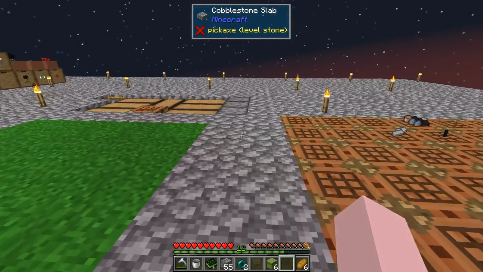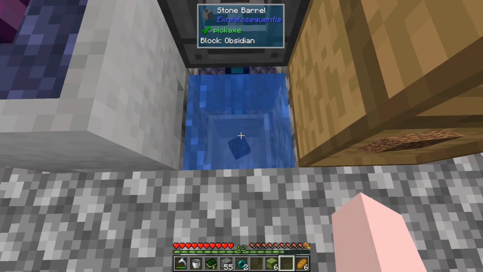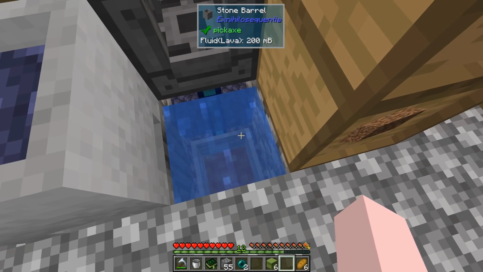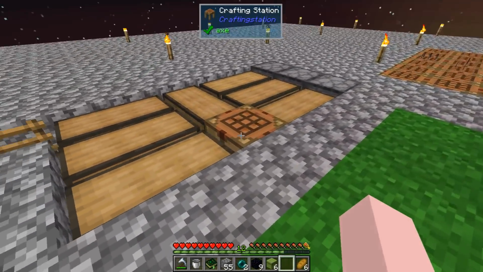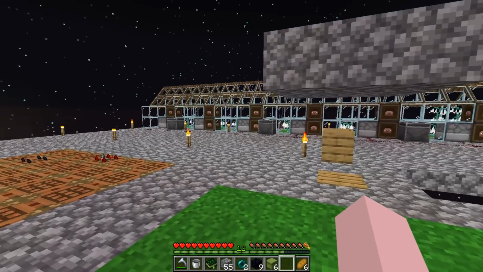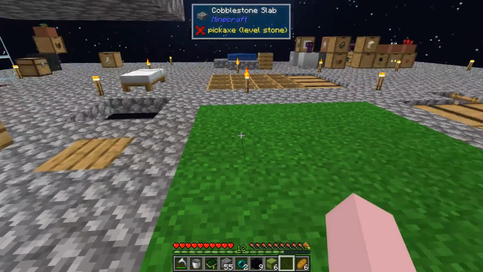Now, what we haven't done yet is dealt with this obsidian here. Okay, so we got 9. I guess 1 will do for just now. Yeah, actually 1's all I can do for just now. Now, we need a way to collect the... Oh, I guess we could get the bees started. Hold on a sec. We'll get bees started. So,